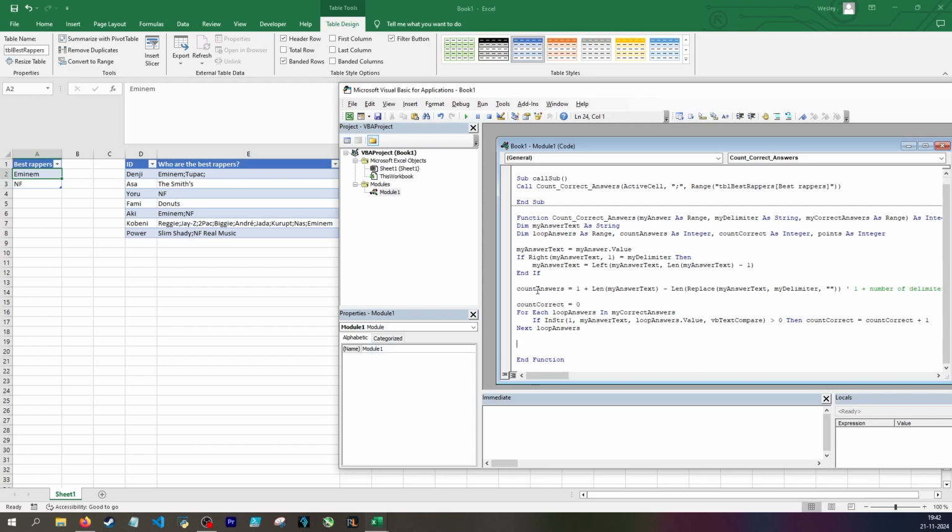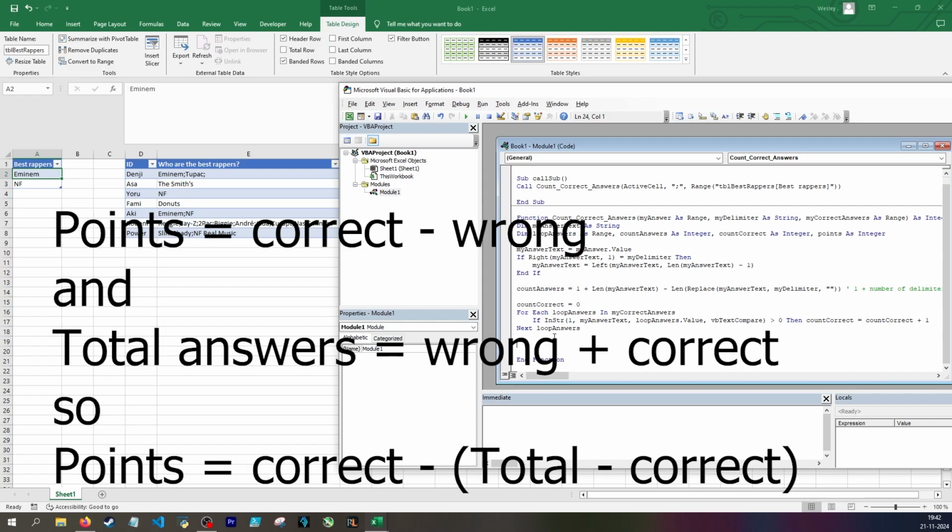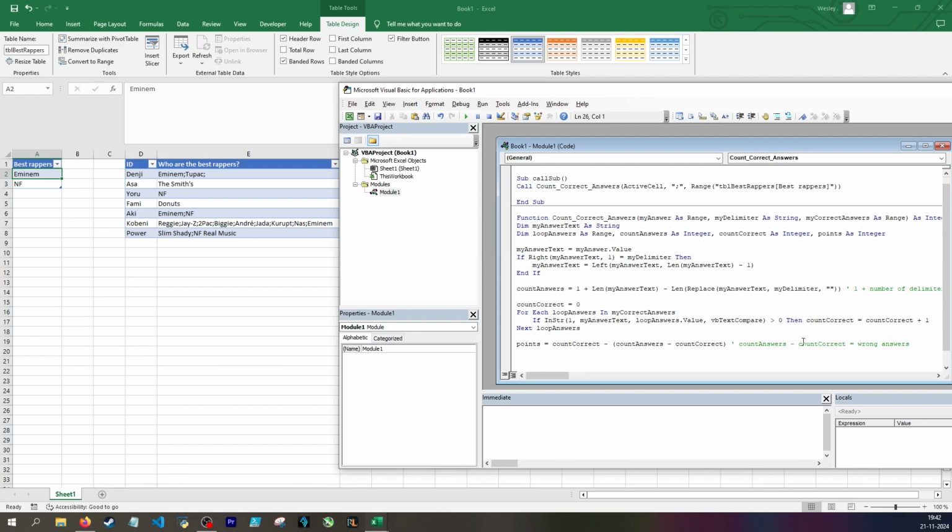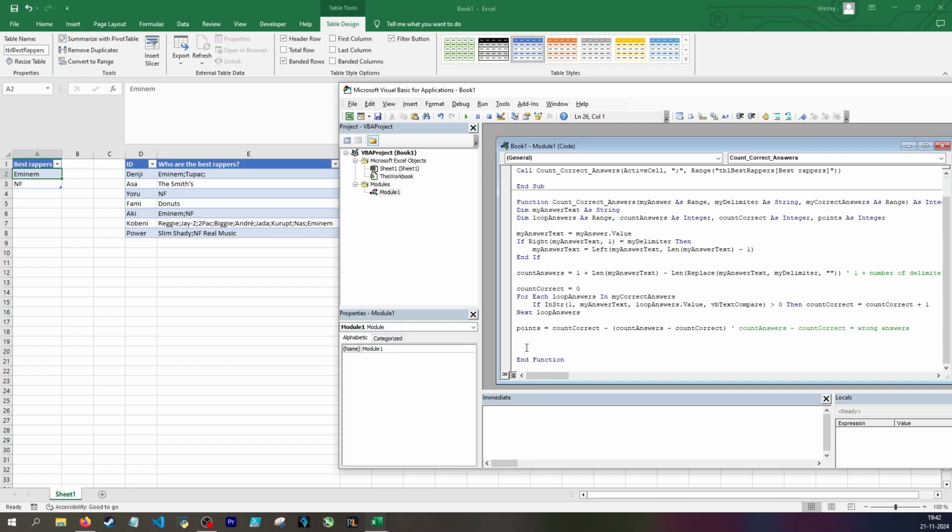Now I already have the count of answers and I have the count of correct, which means the number of points is then equal to the number of correct answers minus the count of answers minus count correct. Because the number of wrong answers is then the total number of answers minus the correct answers. Lastly, I have to say that the function should spit out the points as its output, and I can now